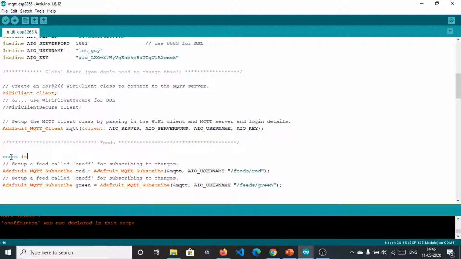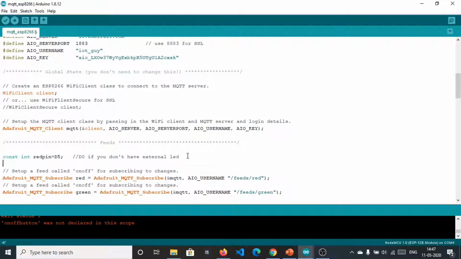Const int red pin will be D5. You can use D0 if you don't have any external LED. This is basically the built-in pin on NodeMCU.